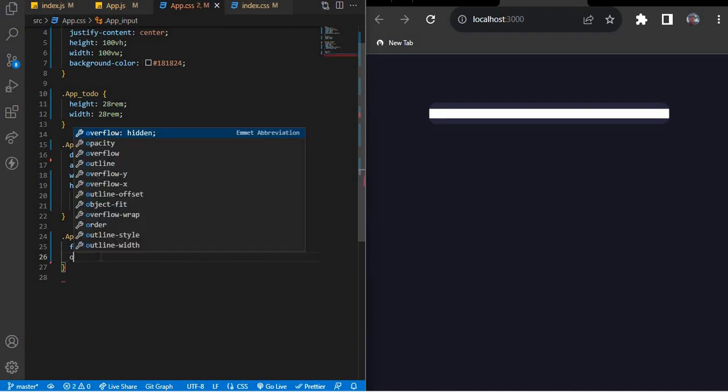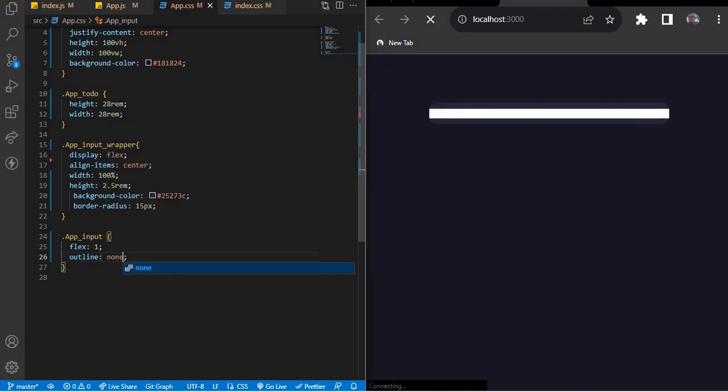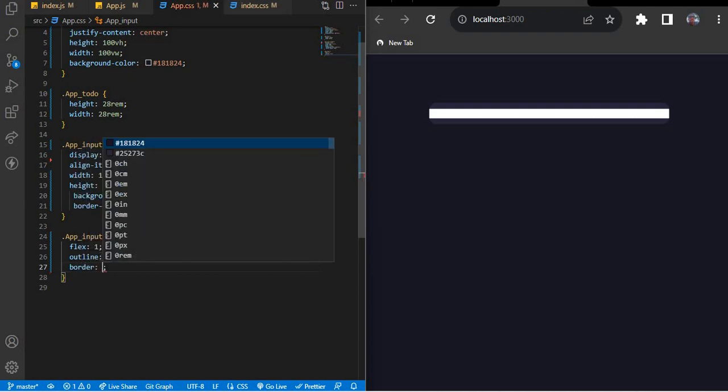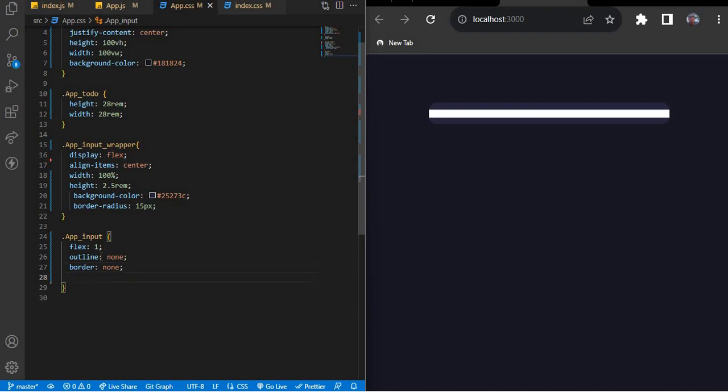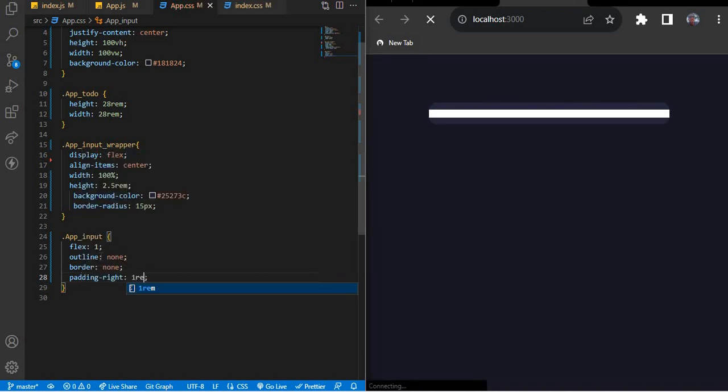Okay, so we are going to give it an outline of none because we don't want any outline when we click on it, and then border of none, and then let's give it a padding on the right of one rem,